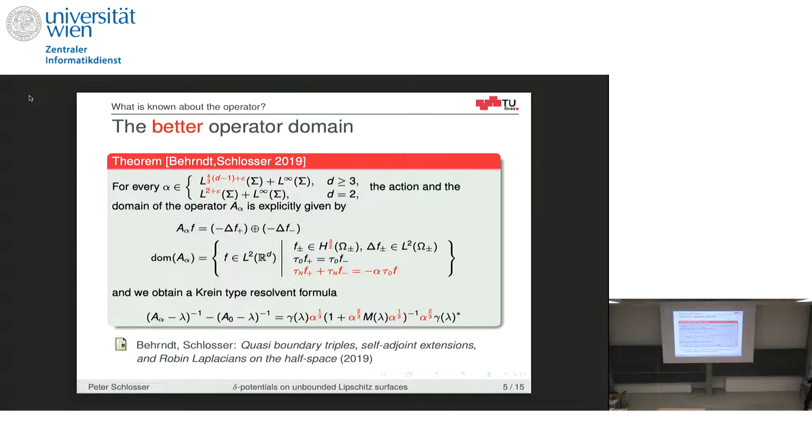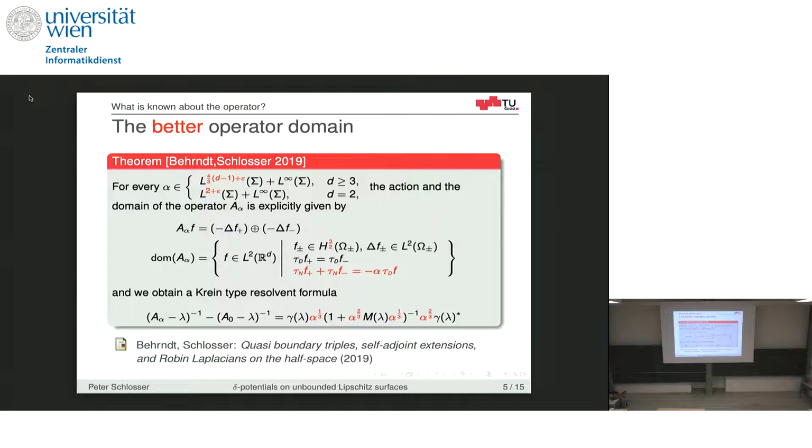Yeah, and this was, as I said, in 2019 when I worked on this, just on the hyperplane. But if one is able to make sure that this Neumann trace, which is the most problematic candidate here, makes no problems, it's also possible to extend all of this to the Lipschitz hypergraph, but it's not done in this paper. And also, as you see here, it's done for the Robin Laplacian in this paper, but more or less